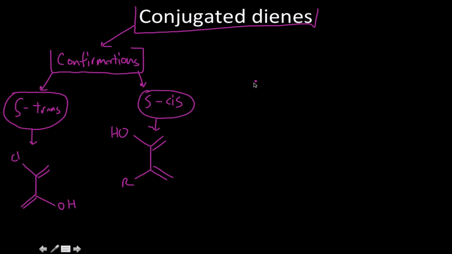So what else can we say, though? There's also things that we can make notes on, the pi bonds for a conjugated diene versus the overall molecule of a conjugated diene. And I'll explain what I'm talking about, I guess, later on. So when you have, with regards to the pi bonds